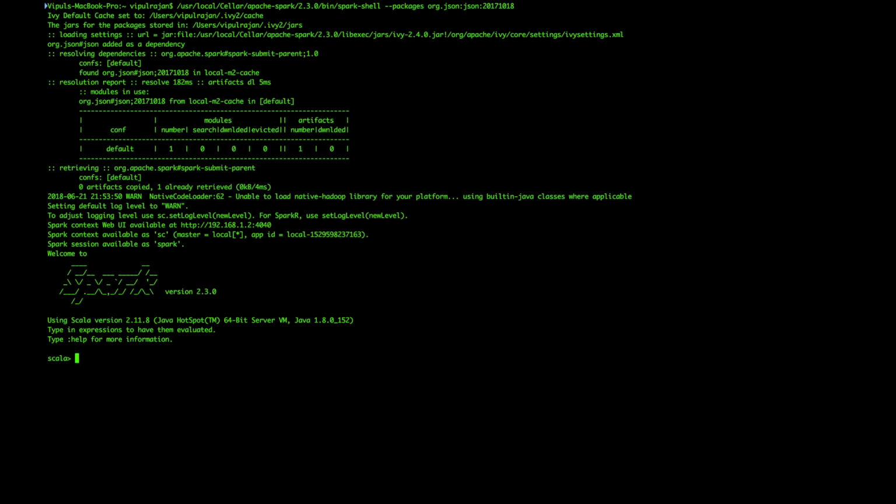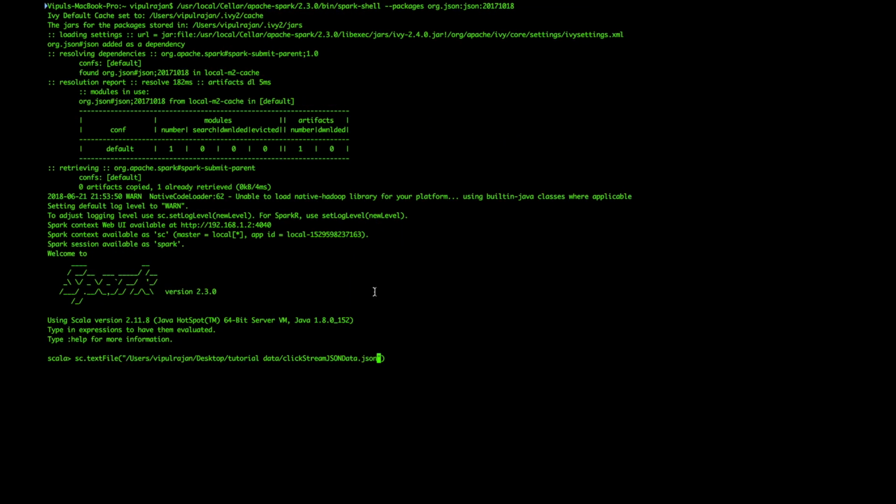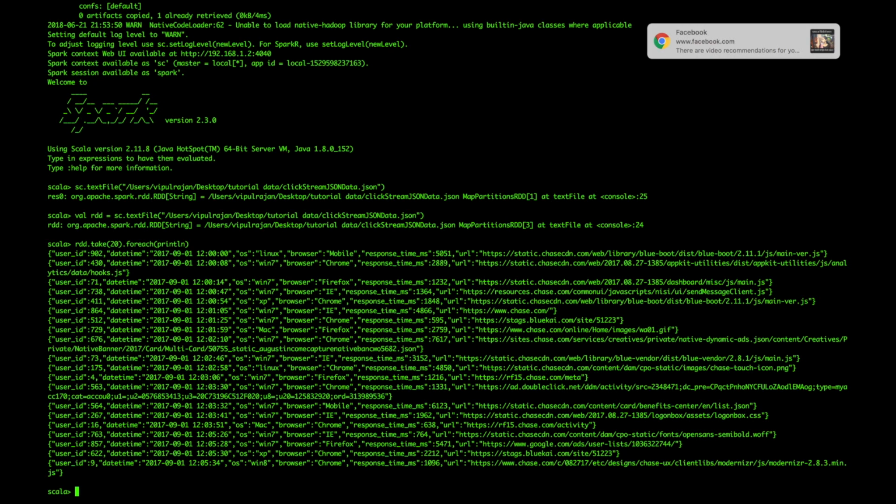Step one would be reading our data, of course. Here, just write the path of wherever the file is of the data that you've just downloaded. I'm sorry, it needs to have a name as well. Now we have read data into this RDD variable. Let's confirm this is the data that we want. As you can see, it's a set of JSON strings with certain fields: user ID, date, time, OS,